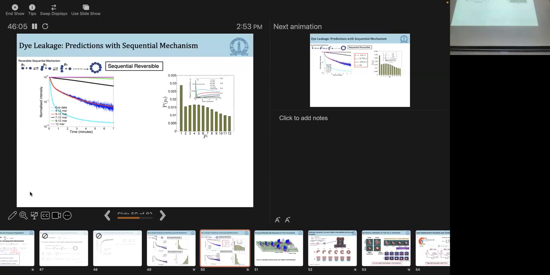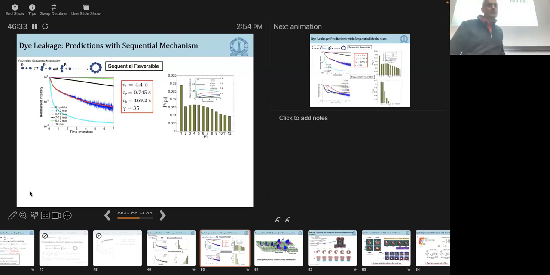But the sequential reversible mechanism gives us a very good fit. In the model, we can say leakage is happening due to 5-MERs to 12-MERs, or we can move around the MERs that contribute to leakage. If you do that, and look at this 5 to 12 MER fit that we have, we're able to get the experimental data spot on. Very good match with the data. Of course, there's some fitting happening here, and we have constants in the